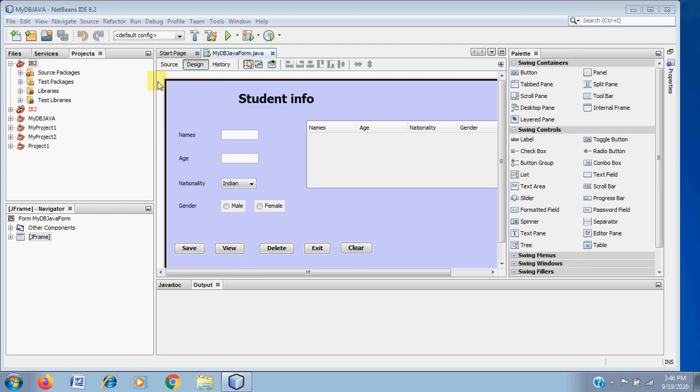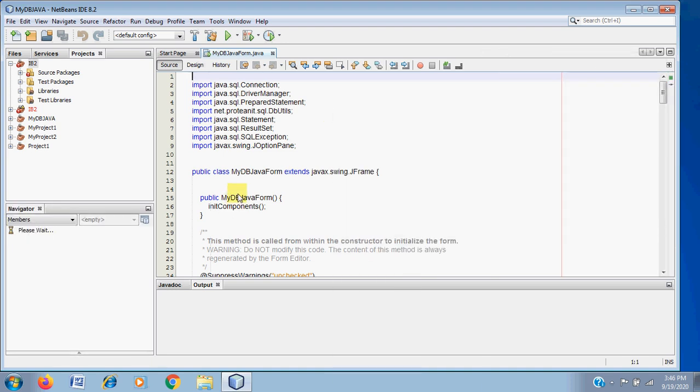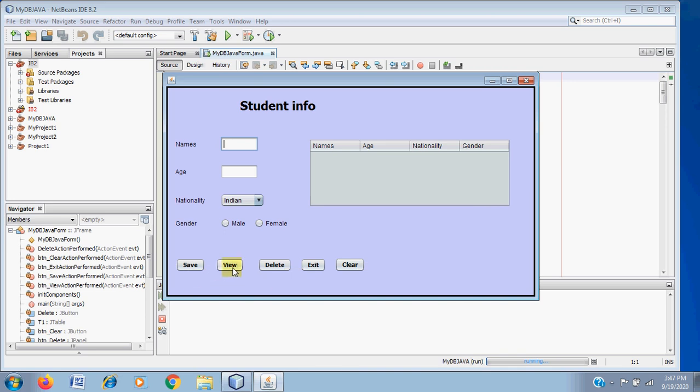Now if I want to view the database files, then I have to click on the view button. So let me run this program and show you how exactly it works. So I right click, run this program. It's still loading. Yeah, now I want the details from my database table, so I'm just going to click on view button here